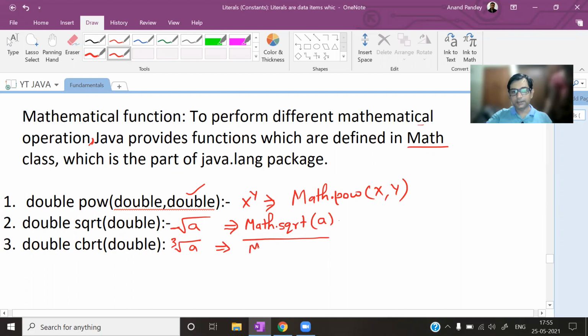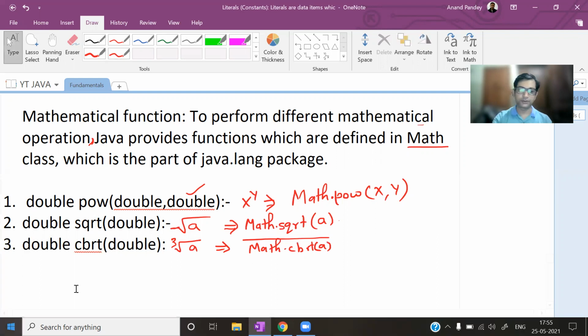You will write it like this: Math.cbrt(a). So for base to the power, use the Math.pow function. For square root, use the sqrt function. For cube root, use the cbrt function.